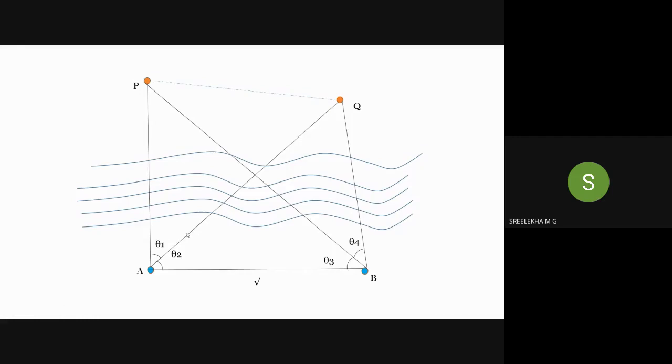Can you see the angles measured here at the station point? When you're sighting to the point P and then to Q, the included angle is theta 1. And then again, we are sighting from Q to B. Are you getting it? So first of all, we are selecting the station at the point A only, while at the point B, we are placing a ranging rod. So now the instrument is at point A only.